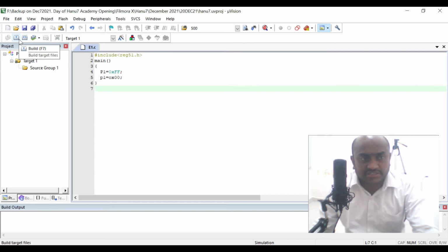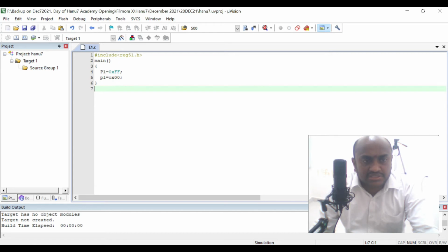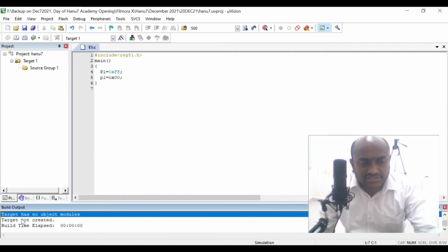So this will build the target. After the target is built, you will get the errors here. I already clicked build target, but it is telling: target has no modules, target not created, build time elapsed.